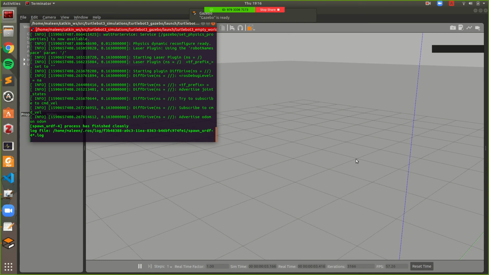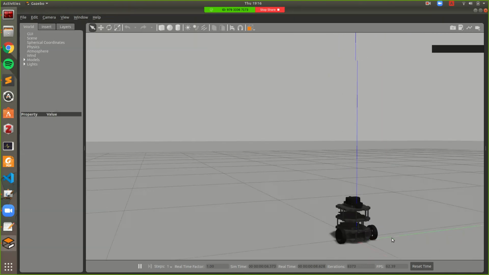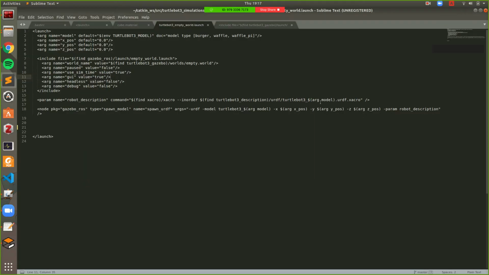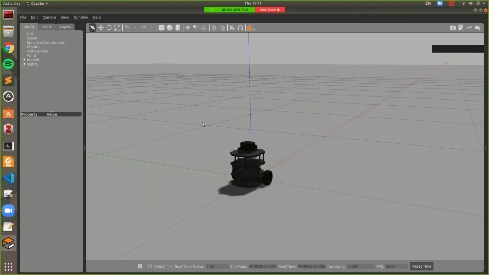This is similar to launching the Fetch robot in one of the Fetch environments, right? If you look at the Fetch launch file, you should be able to find something similar, some sort of line somewhere where it loads the model. So this is the URDF model. I'm going to show you guys how to edit this in the Gazebo editor,